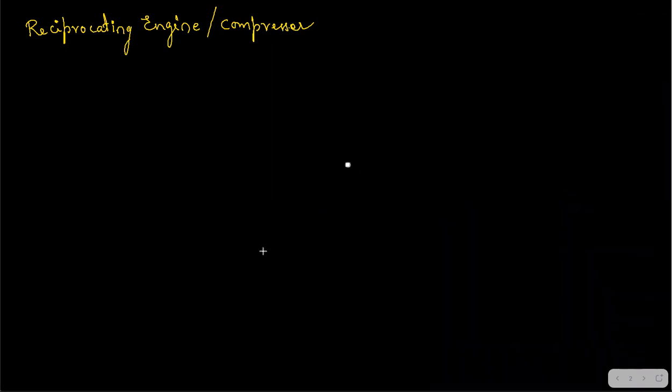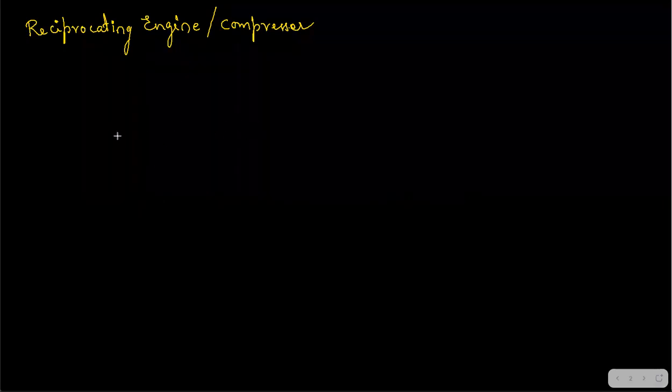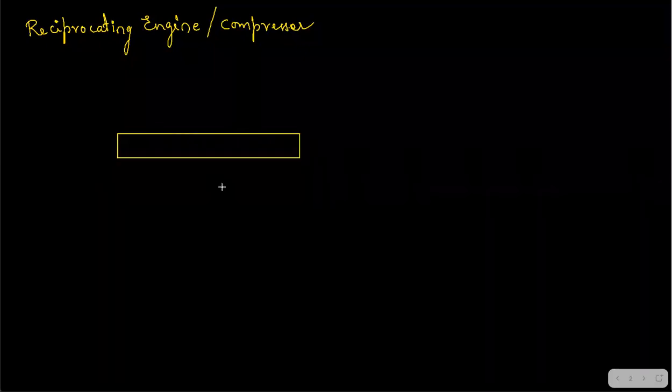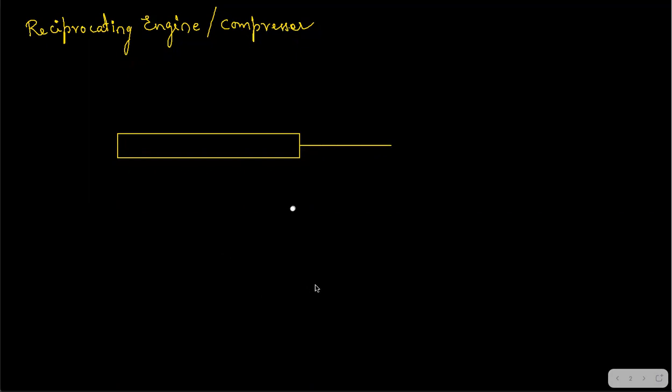Okay, our topic was the reciprocating engine, right? So again, let's draw the same diagram. See, I'll try to explain all the things with a single diagram. We are not going to change the diagram. Everything I'm going to explain with a single diagram so that you will understand in a better way. Fine. So this is your cylinder, and this is connected to that cylinder itself, and now you are going to take the crank, right? So let's take the crank. This is your crank, shortest link. Let's say that this is your shortest link, and then you have your connecting rod. Let's say this is the position of your connecting rod, and then we have our own slider.